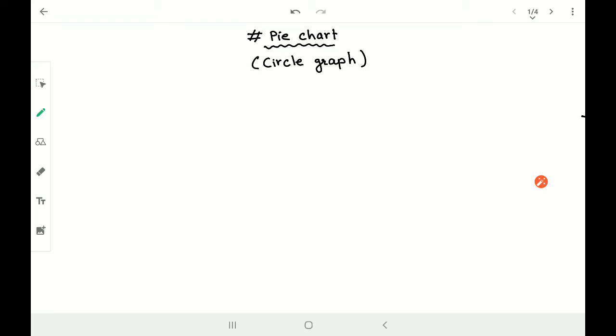Pi, you know what is the meaning of pi? Pi is the symbol or a constant value which is approximately equal to 22 by 7. You know that. And pi is a very important value in terms of a circle's area and circumference. That's the reason a circular graph is called a pie chart. Fine. How does a pie chart look?